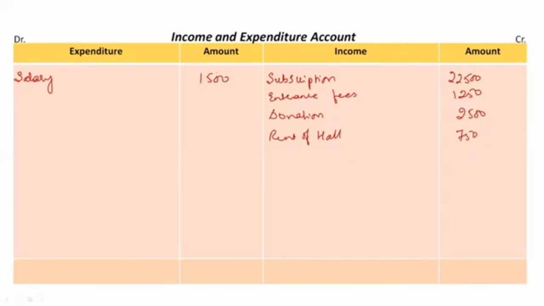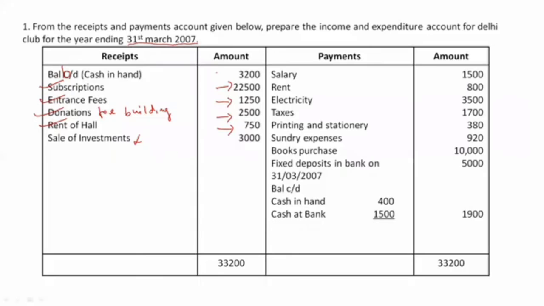So currently we are doing a very basic problem in which there are no adjustments given, right? In future coming problems we will be solving a lot of problems on this topic, where we will be solving many adjustments. So usually adjustments relating to salary, relating to entrance fees, subscription, all these things will be given. So we will see step by step how to solve everything. Okay, so salary is completed.